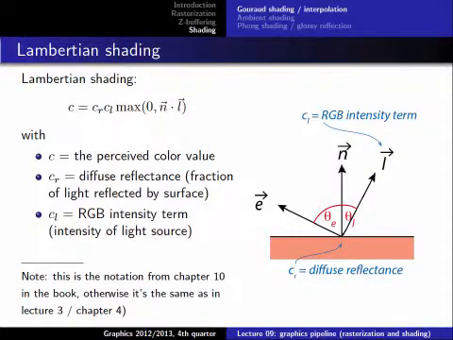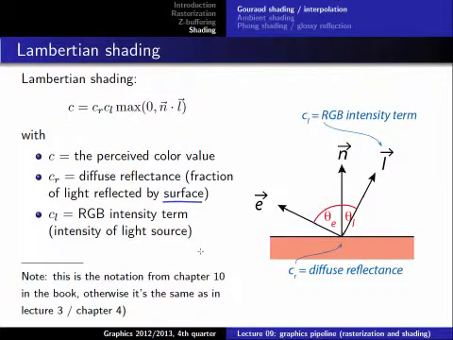Good. And then of course we can use this Lambertian cosine law to model the light by saying we take the scalar product and multiply it with the color value of the surface, which is expressed by the so-called diffuse reflectance value. So that is related to the color of the surface, but also of course multiplied with the color of the light,